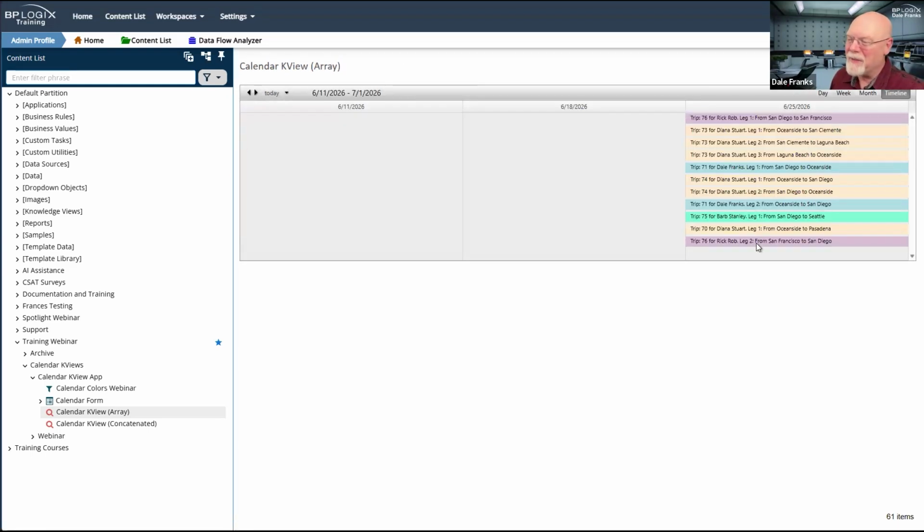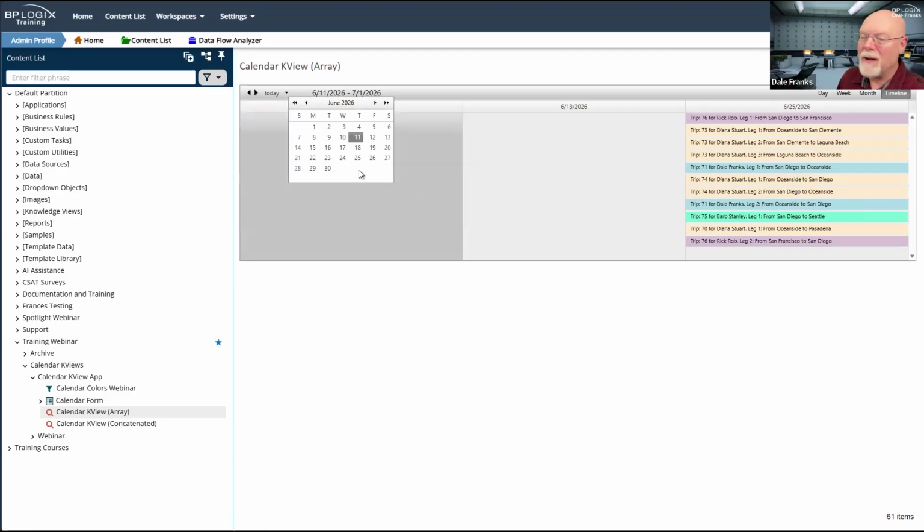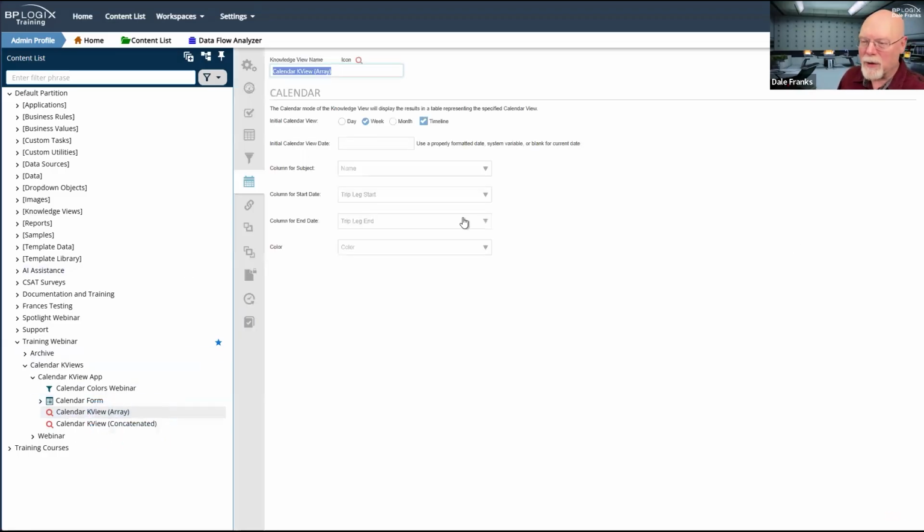Not a big fan of the timeline view, although I suppose if you're doing multiple things in a day, it might be useful. However, it is at least a view that is available to you.